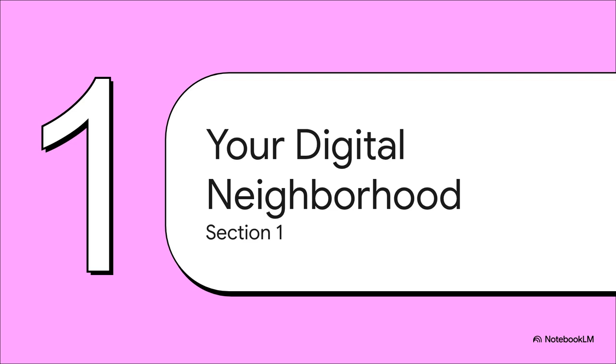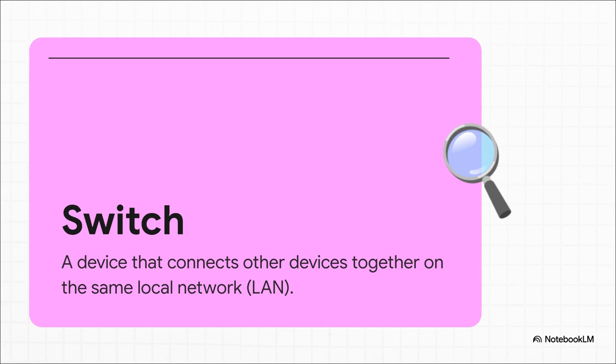Okay, so every big city has to start somewhere, right? It starts with a single neighborhood. In the networking world, we call this a local area network, or a LAN. This is your house or maybe your office, just a smaller group of devices that all need to talk to each other. So the very first thing our new neighborhood needs? Roads. And that's exactly what a switch does. You can think of a switch as all the local streets and intersections, physically plugging together all the houses in our neighborhood. That's your computer, your printer, your TV, and letting them all talk to each other directly, right there